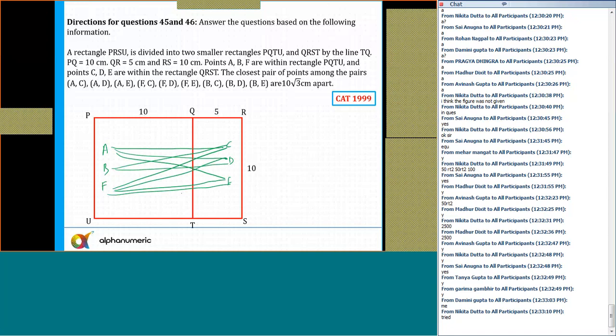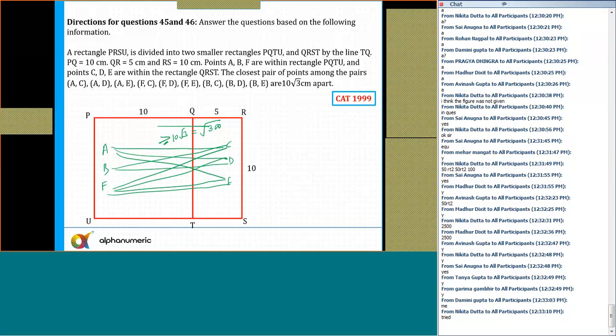All these 6 pairs, the distances are at least 10 root 3. So all these distances are greater than 10 root 3, and 10 root 3 is nothing but root of 300. Is that clear? All these distances are greater than or equal, because this is the closest pair. The closest pair is 10 root 3. Now this question can be solved even if you do not understand the logic, that can be done. This is 10 root 3.